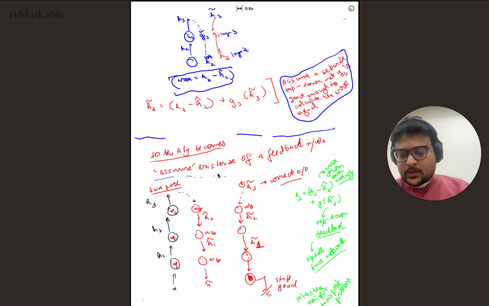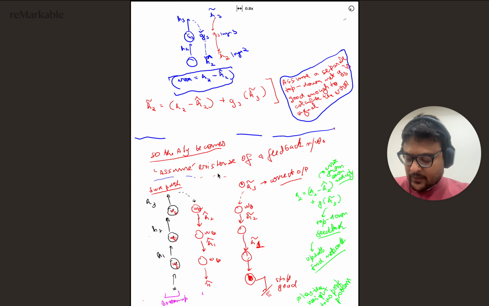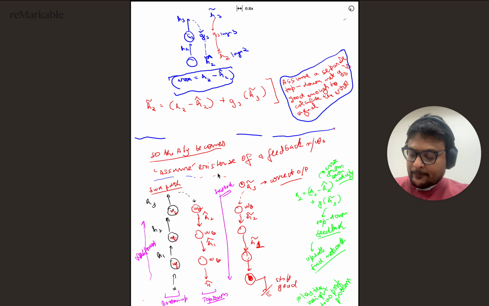Okay, so now let's talk about how a combination of bottom-up and top-down neural networks can be trained. So in this case, let's assume that you have a bottom-up network, and then you have a top-down network. I will call the bottom-up network a feed forward network, and I'll call the backward network a feedback network, similar to what Timothy Lillicrap talked about in his paper. So in the feed forward path, what will happen is that you feed in X and you